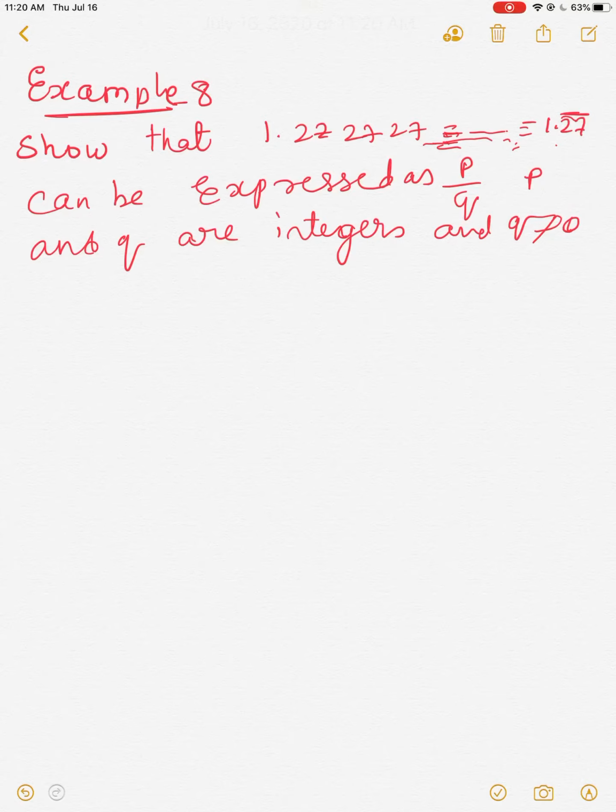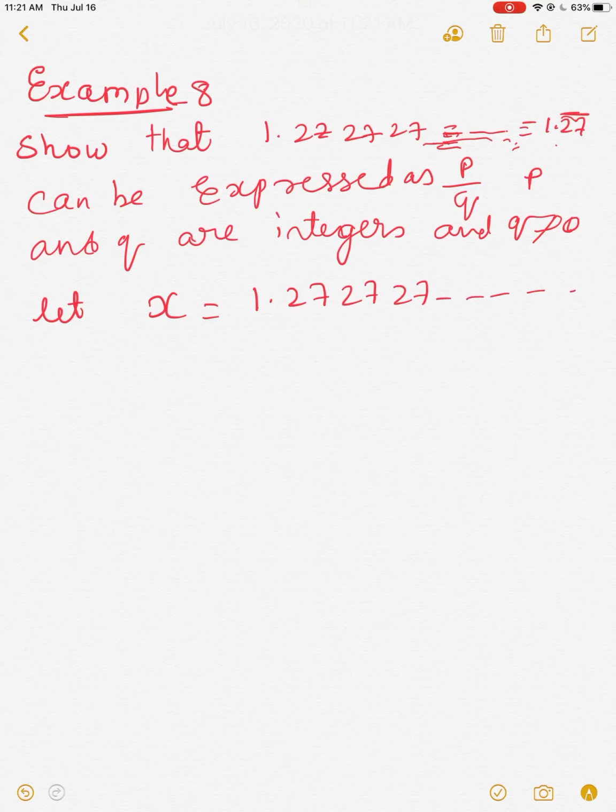So how many digits are recurring here? 2 digits. 272727, like that it is repeating. In the previous example we saw only 0.3333, only 3 was repeated, only 1 digit recurring. Here 2 digits are recurring. To start with the problem, we have to represent it in the P upon Q form. So first step, let us write, let x is equal to